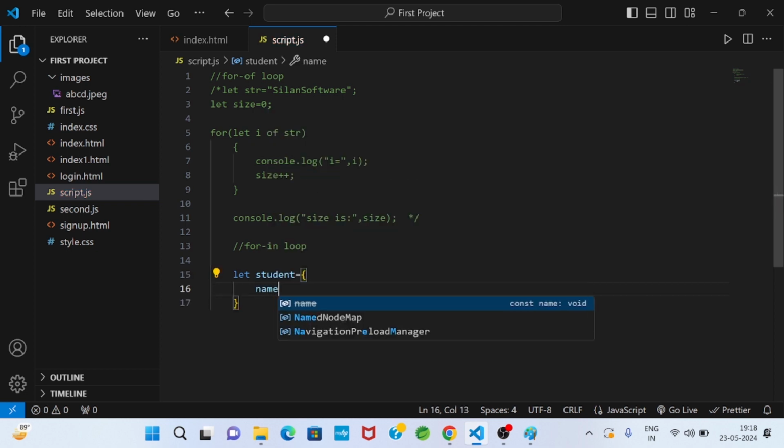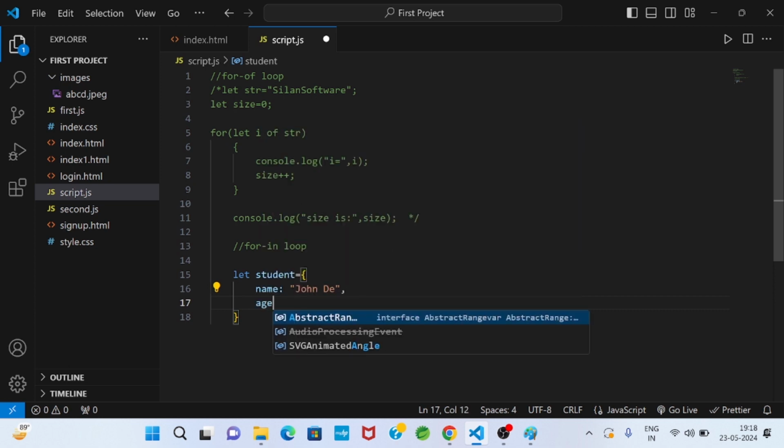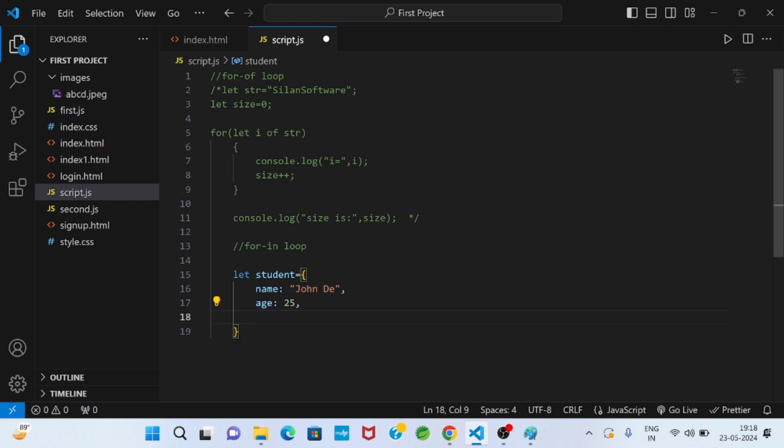Suppose name: John Day, comma, age: 25, CGPA: 8.5, whatever you take.